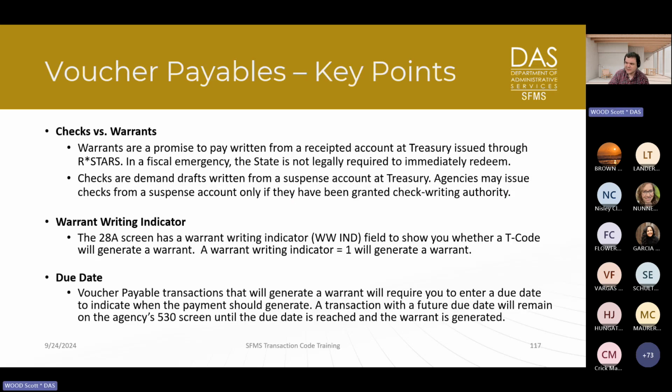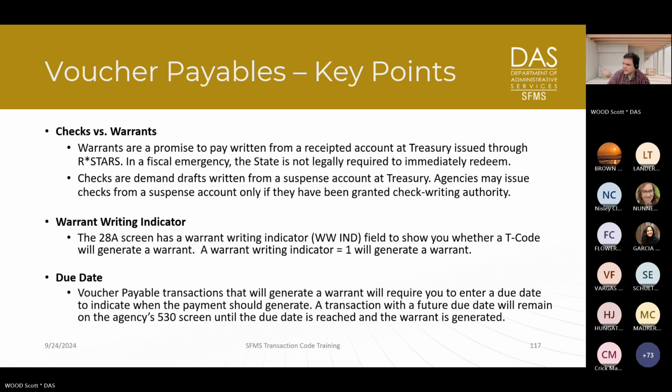So we have to go through some key points. First, checks are not warrants. Checks use suspense accounts at Treasury and require their check writing authority to issue. Warrants, however, use a reciprocated account and are issued through R*STARS. In a state of fiscal emergency, the state is not legally required to immediately redeem that. Those are rare. I don't know of any case where it's happened in Oregon, but just be aware of that